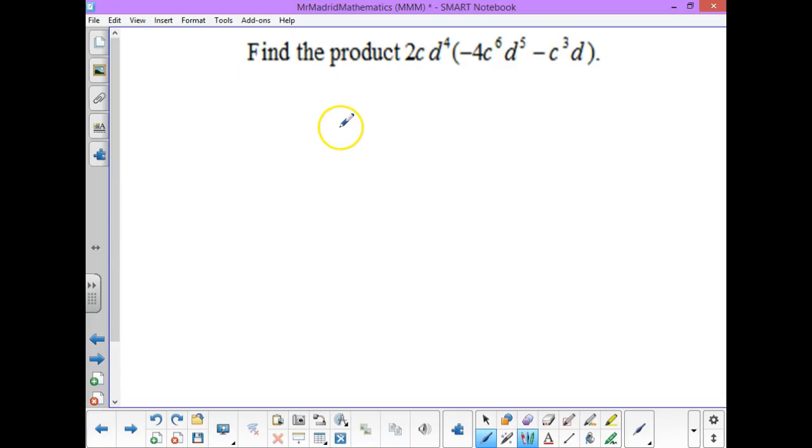Hey guys, we're going to get knee deep into polynomial multiplication. We'll be looking at 4 problems. Here's the first of them. When you're asked to get the product, one thing you want to identify is this guy outside the parentheses